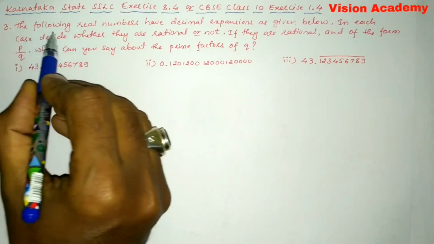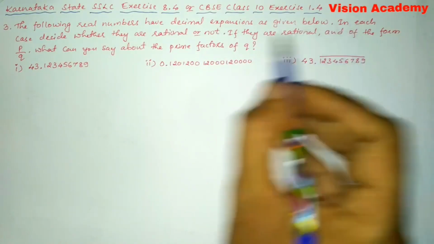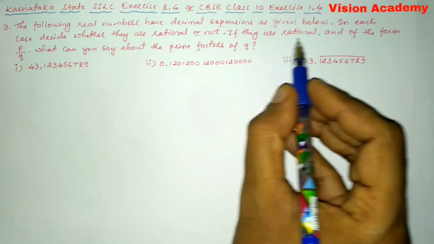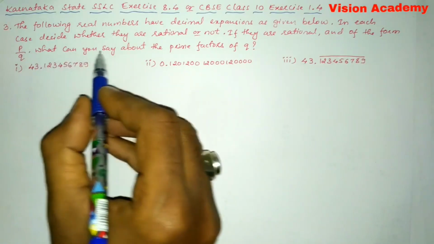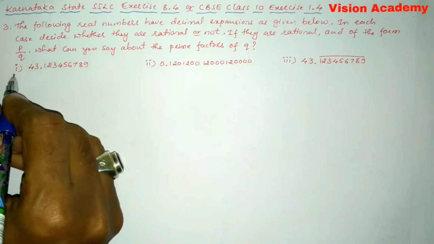Question number 3. The following real numbers have decimal expansions as given below. In each case, decide whether they are rational or not. If they are rational and of the form P by Q, what can you say about the prime factors of Q? Let us take the first one,